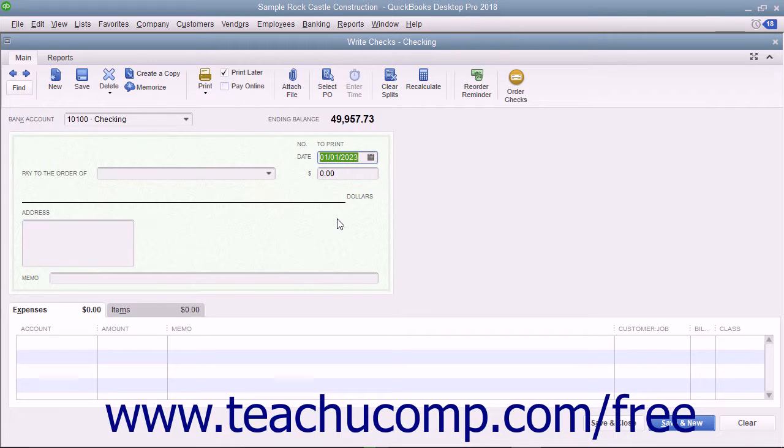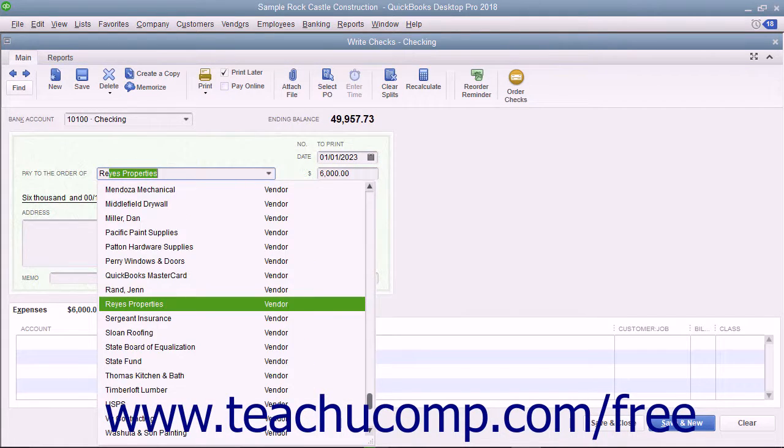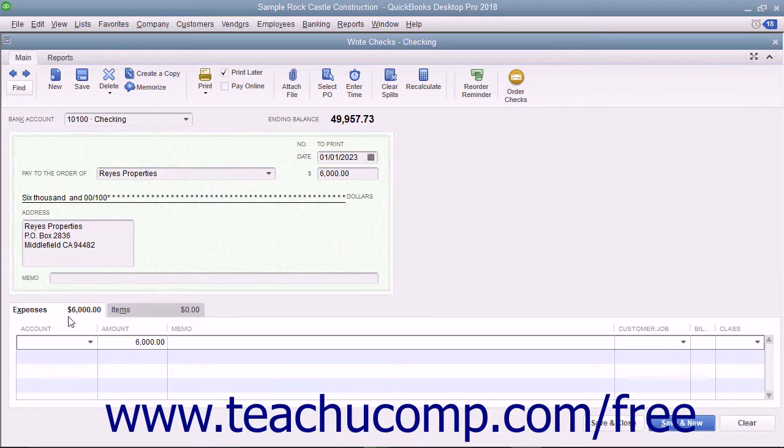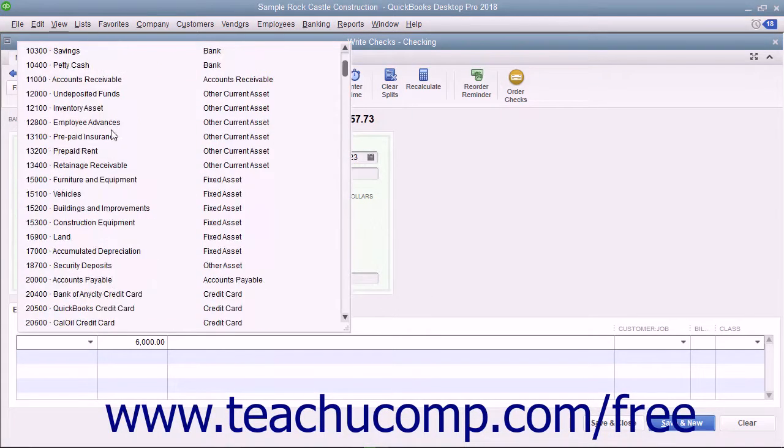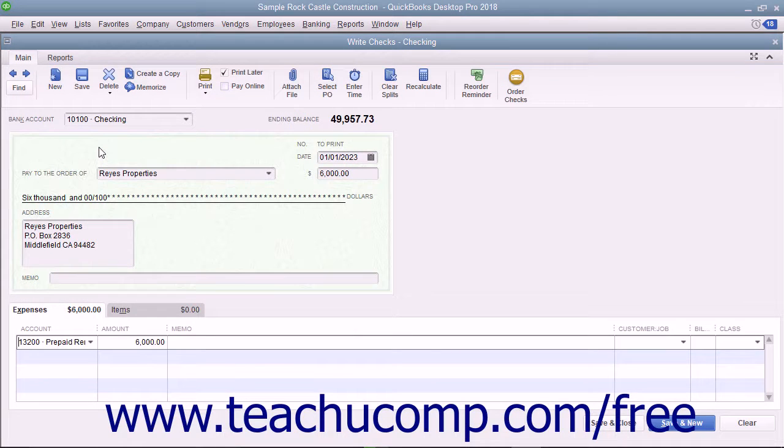Enter the total amount of the payment, $6,000, and select the landlord as the vendor from the Pay to the Order of drop-down field. On the Expenses tab, select the Prepaid Rent Other Current Asset account. In the Adjacent Amount column, enter $5,000. That shows that $5,000 of the $6,000 payment is being traded to another asset account for the prepayment of the